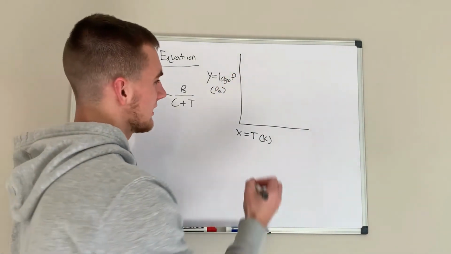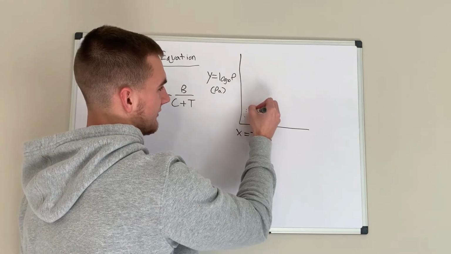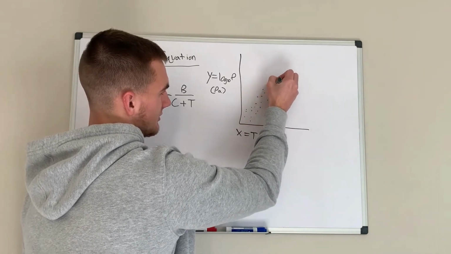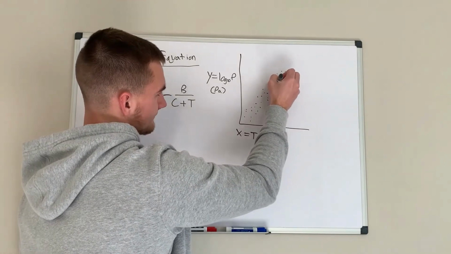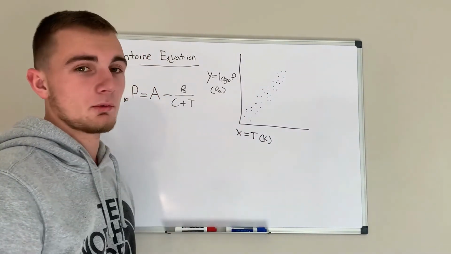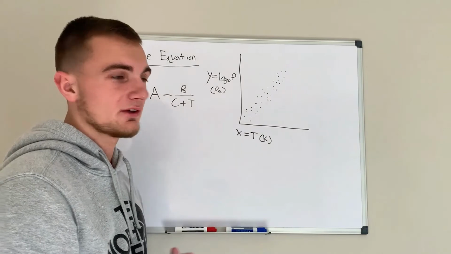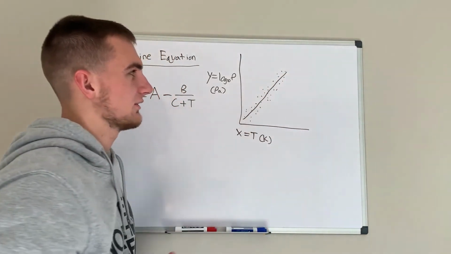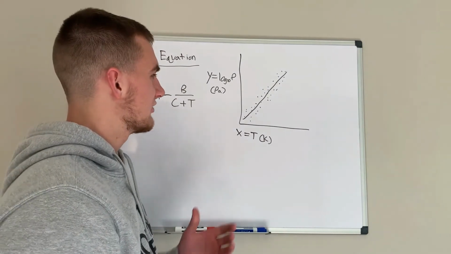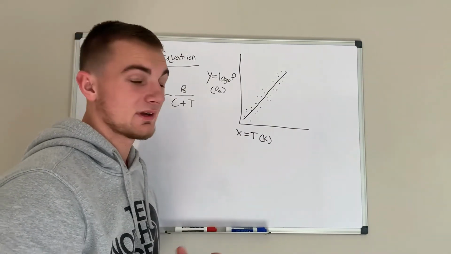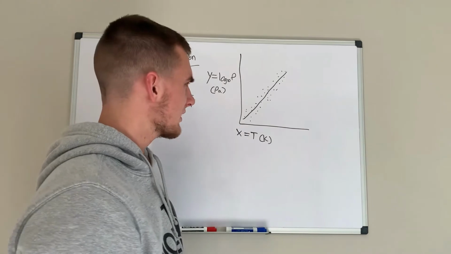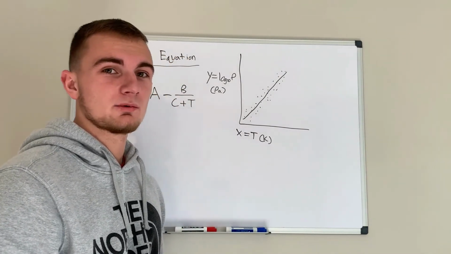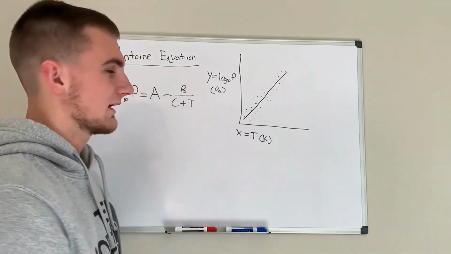Now when I plot this data, it will look something along the lines of this. After this, I will plot our model, which is the Antoine equation, and it will go through our data points and look roughly something like that. Now, as you can see, there is some difference between our data points and the model. Now, we want these differences to be as minimal as possible to get the most accurate values for our A,